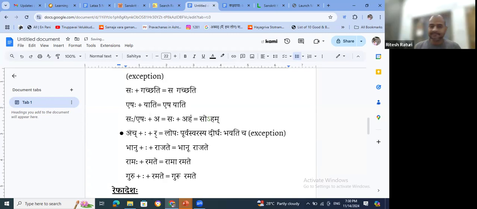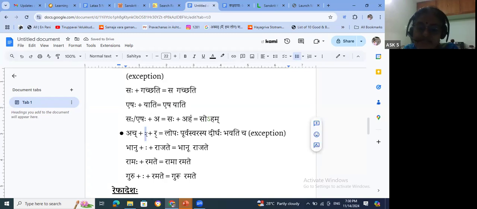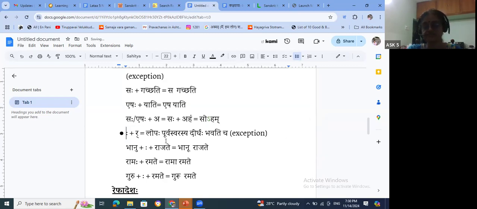For Visarga Sandhi, Visarga should be there first of all. But before Visarga, Ach should be there. Otherwise, Visarga won't be there, because Visarga doesn't have a sound on its own. That is why Hari plus Visarga is Harihi, Vishnu plus Visarga is Vishnuhu, Rama plus Visarga is Ramaha. Visarga cannot be said alone, so it requires one swara in the front. That is why I said even if I don't write it, it should still apply.